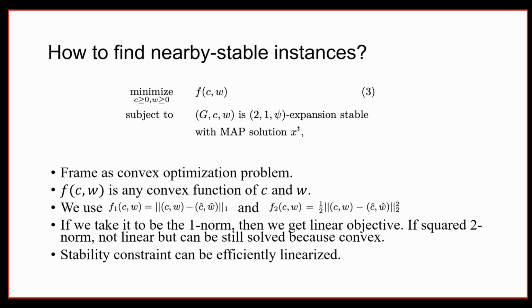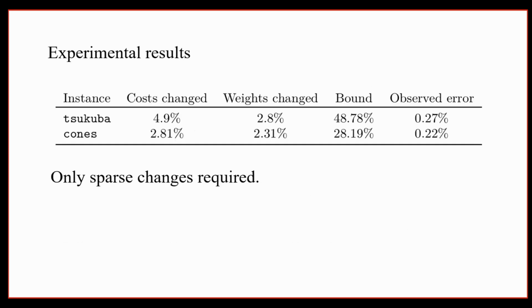And it turns out that even finding these nearby stable instances, you can basically frame it as a convex optimization problem, where it's not really important how you can solve it, but basically you can write a convex optimization problem, and then you can solve it using this LP solver called Gurobi, which is pretty common, and it takes some time, but essentially then it gives you. So we saw that for some observed instances, you only need to change a small number of node costs and weights, and that already gives you a stable instance.